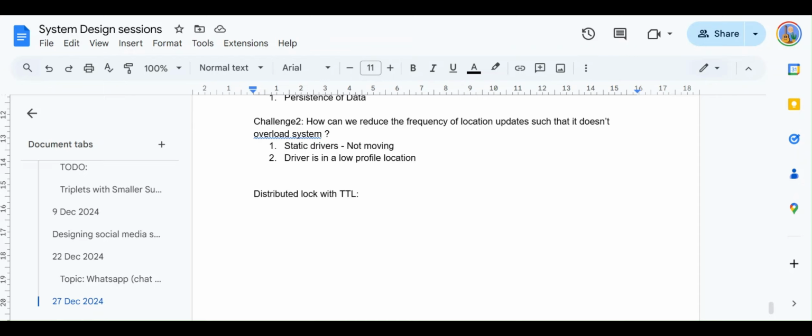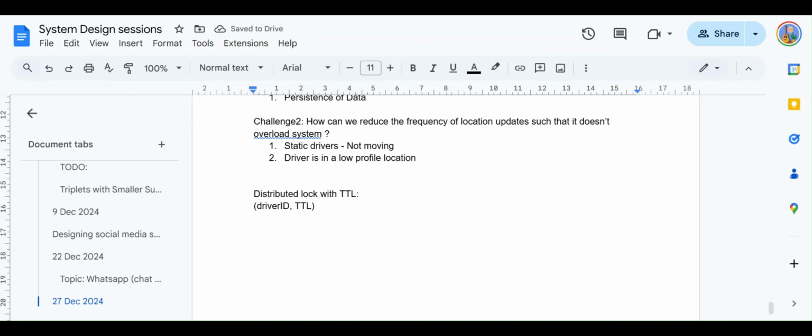It means it is able to set a value inside this Redis map, and it's distributed, so the replication part is handled by Redis cluster itself, so you don't have to worry about that. And also what you can do while you are setting this driver ID, let's say I set this driver ID, I can also assign a TTL to it. So these two things I can put inside my Redis cluster.